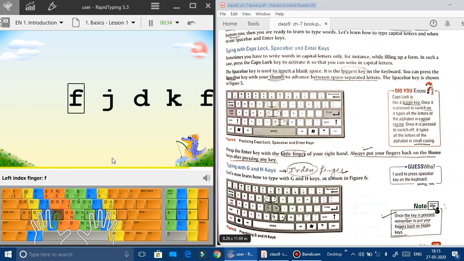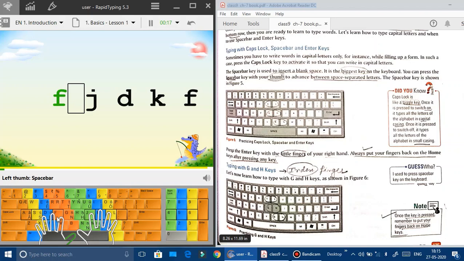Now I'll be starting. The first letter shown on the screen is F. You can see this part is highlighted, so it is pointing out which finger is to be pressed. If I press this, it will move to the next. Now space is to be given, so it is pointing here that you need to press space.